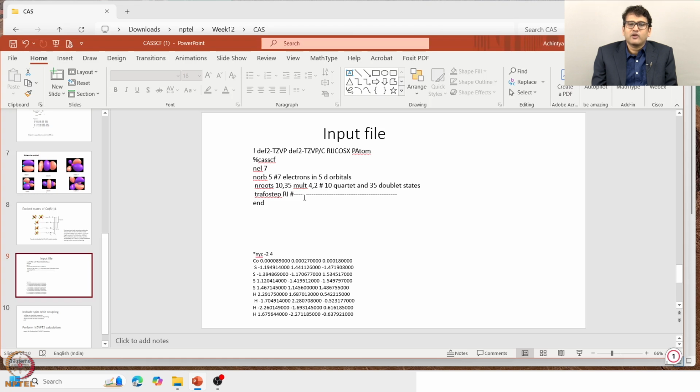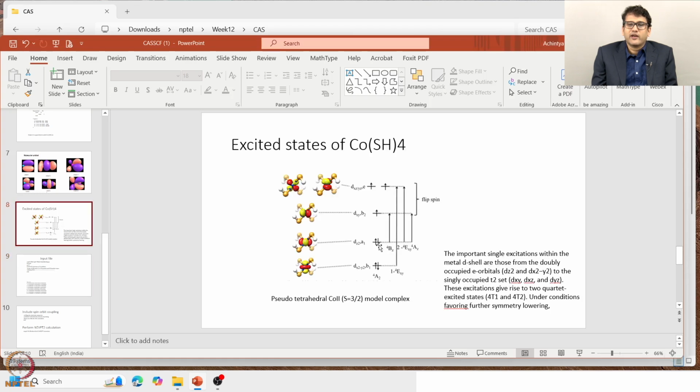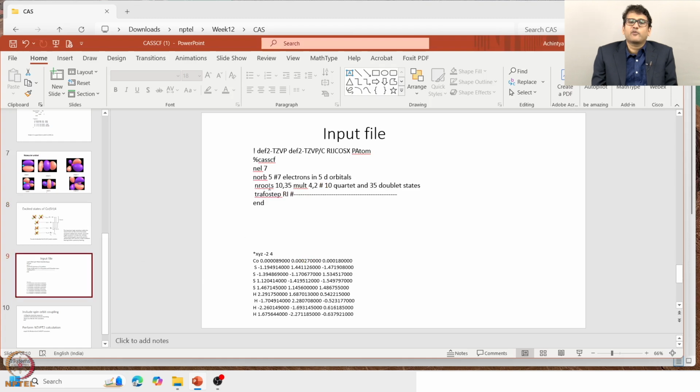because if I go back to here and if I do excitation, now if these electrons get excited, it can lead to both doublet and quartet states. If one of the excitations happens with a flipping of the spin, it can also lead to a doublet state. So, one needs to calculate both the doublet and the quartet state in this case. So, I am going to calculate 10 roots for multiplicity 4 and 35 for multiplicity 2,